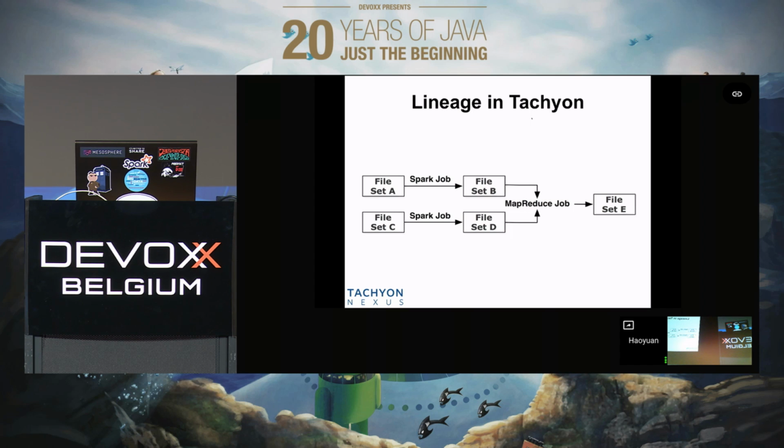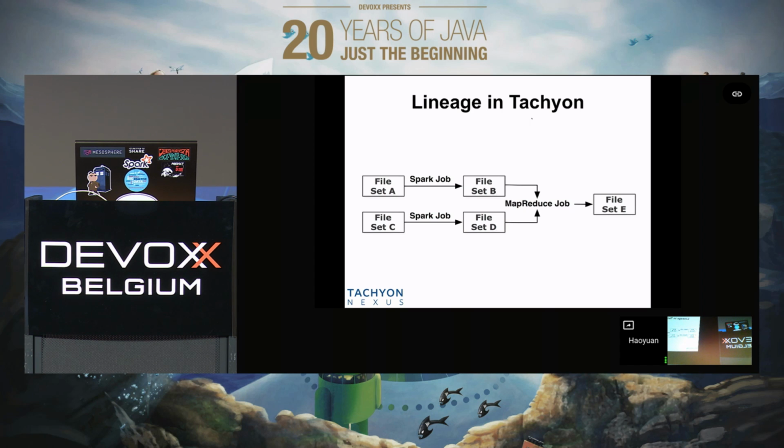After the architecture, we also have the lineage in Tachyon, which basically describes the relationship among different files or data inside Tachyon. In this particular example, say you have a file set A, and you have a Spark job with A that generates B, and then you have another Spark job with C that generates D, and later on you have a MapReduce job with B and D that generates E. And Tachyon remembers this information reliably, and this means that when applications like Spark jobs or MapReduce jobs